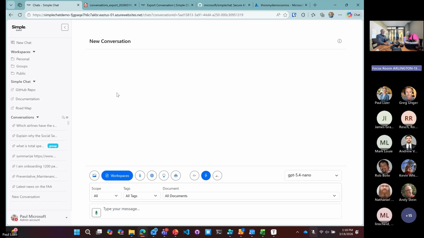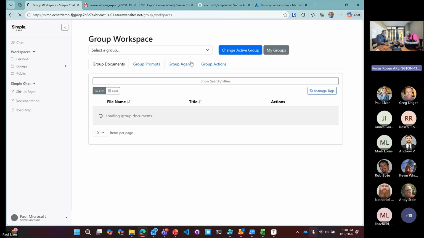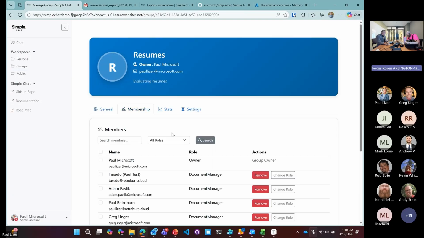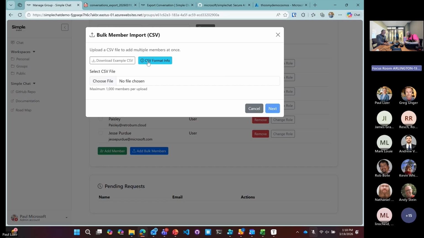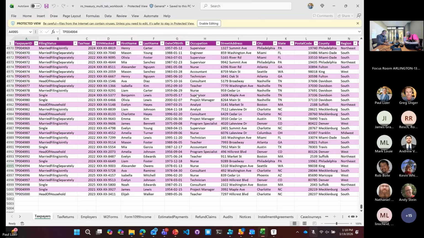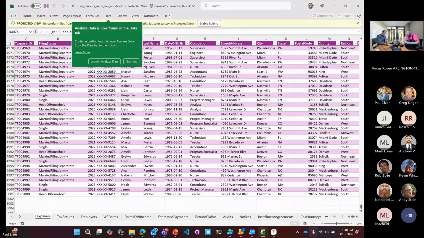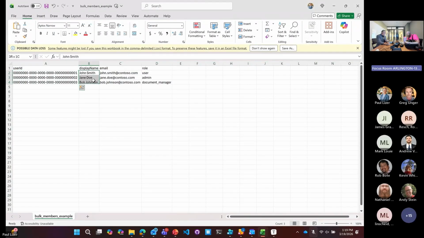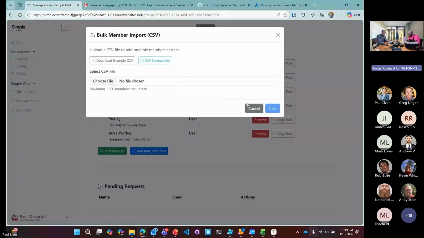We also added the ability last time in for bulk assignment of users. You can come in now and do assign bulk members, using a CSV. So you can upload that CSV. And it has the structure here. This example is how you build it out. You just add their GUID, their display name, their email, and what role you want them. Then you upload that in, and it'll assign those users that capability. And that file can hold up to 1,000 users.